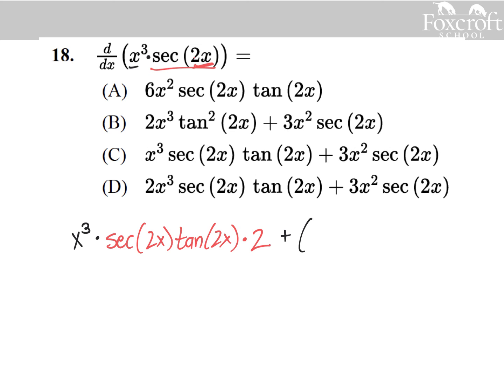Then I add the derivative of the first part, which is going to be 3x squared, times the original second part. And you can see there's two options that are really similar. That's C and D, but D has that extra 2 at the front, so this answer should be